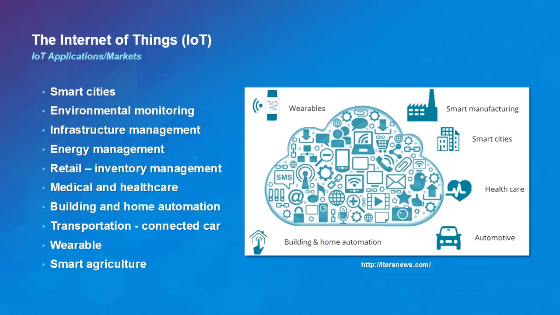wearables, smart agriculture. I ran into one of these interesting smart agriculture applications where they put sensors in the fields, a stack of sensors measuring soil moisture, chemical concentrations, the temperature and everything else. They control how long the sprinkler should be applied, when, how long, and how much. And they can even control when the crop should be harvested so that it gets to the market at the right time, to maximize the profit.